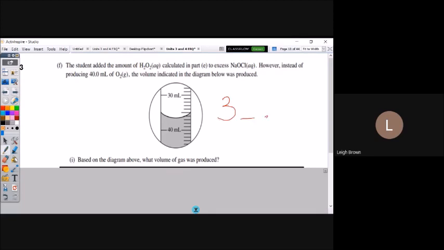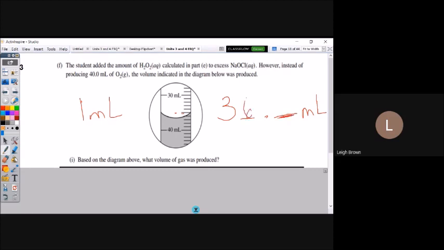Now, how many decimal places do I need? Do I need 1 or 2? Well, it's easy to figure out. Look at the lines that don't have markings. Notice they must be 1 milliliter each, okay? So if my volume is between the lines, I would need 1 more decimal place to correctly report the volume. Look at the bottom of the meniscus, and that's 35 right here. So it's below 36.